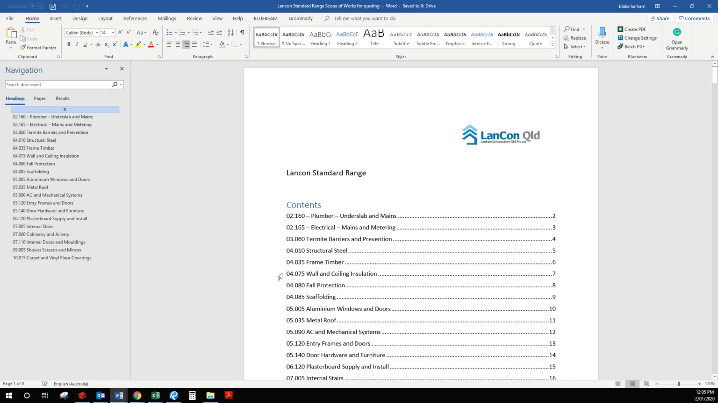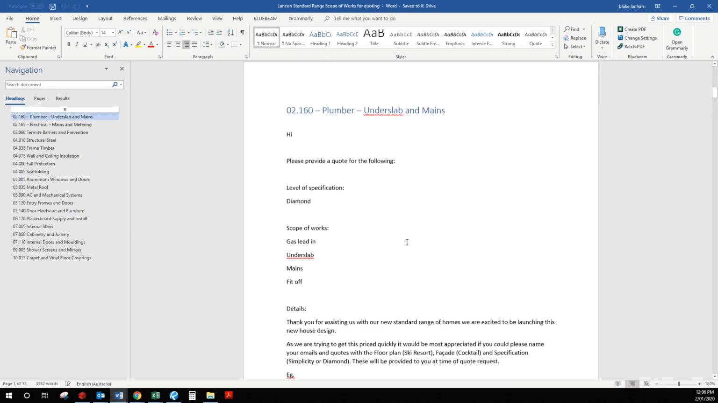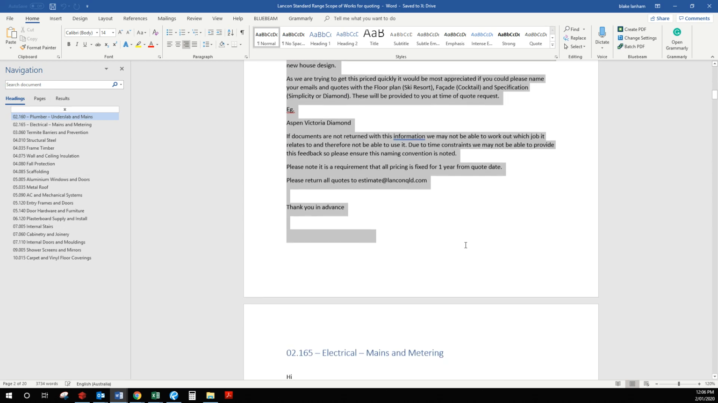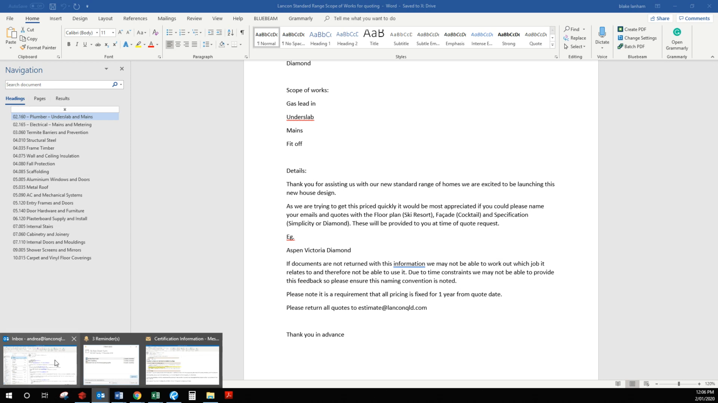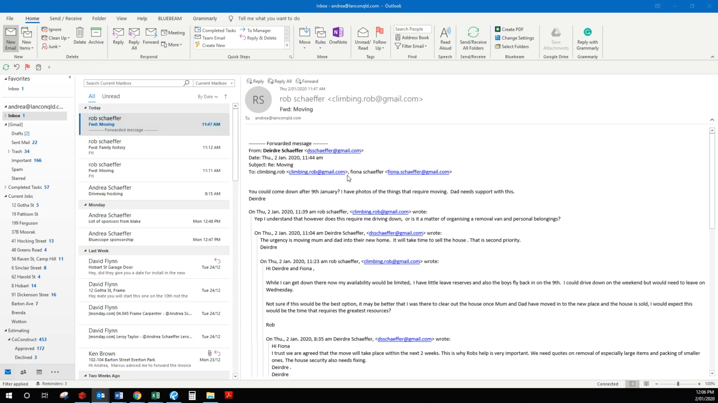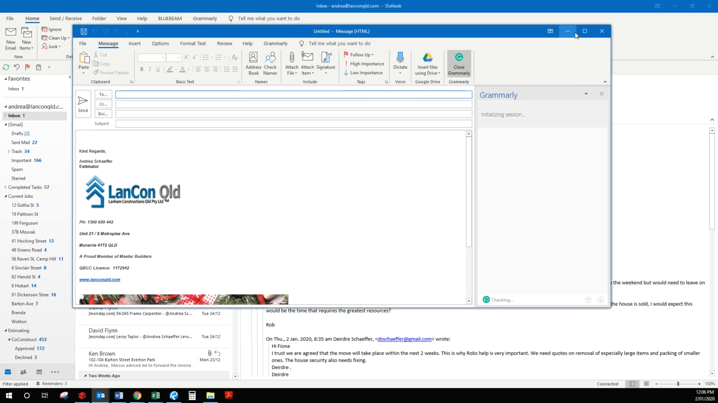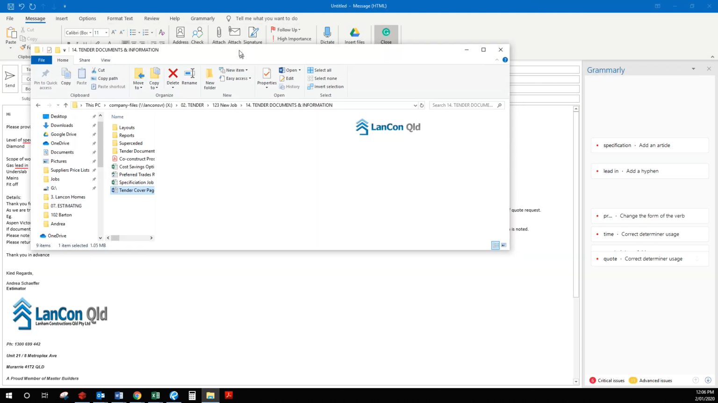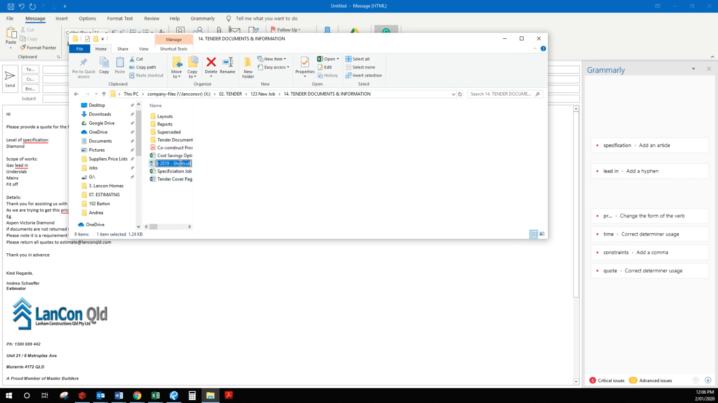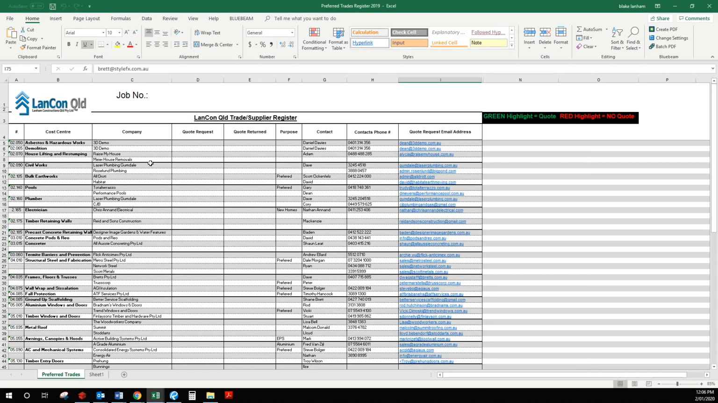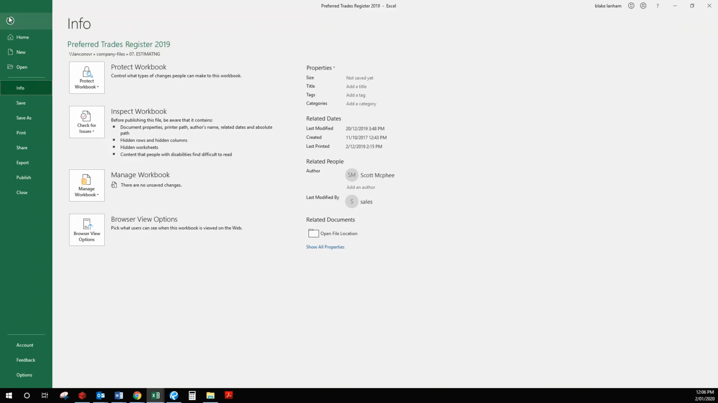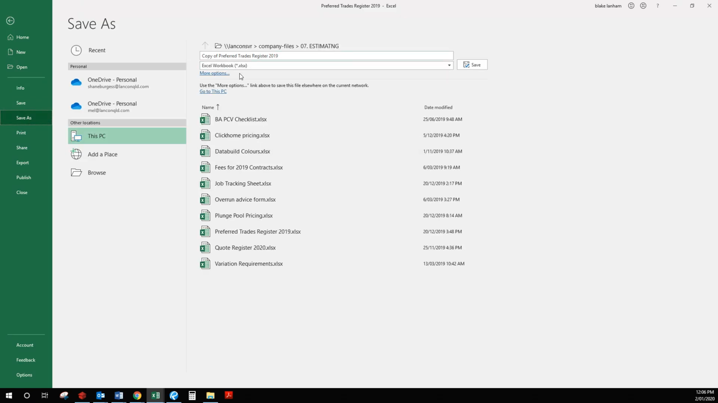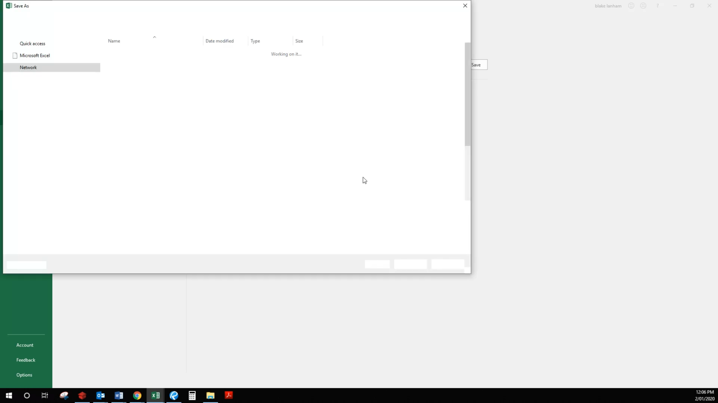So I've done it as per the cost centres in here, and then basically what you can do is you can just go File, Copy, then you can open your emails up and go New, paste that one in there. Then you can open up the preferred trade register. You can go File, Save As, and then you can just pop it back in that original folder that you've got it from, which was